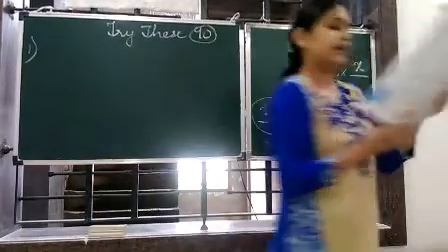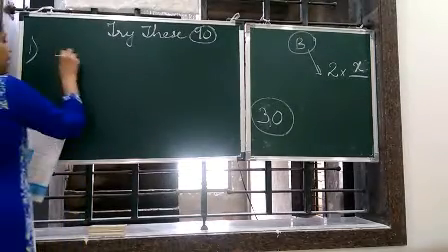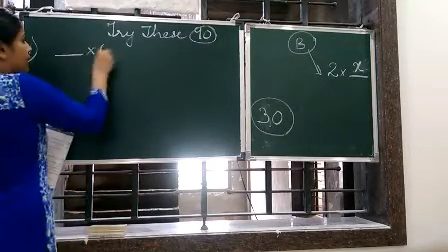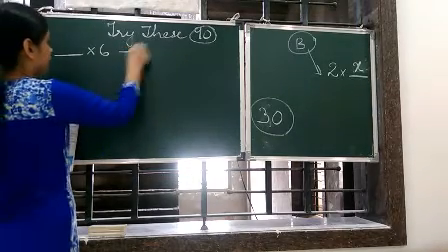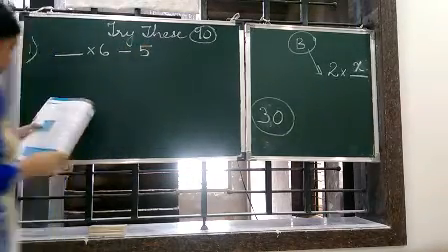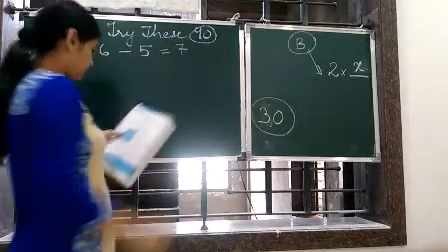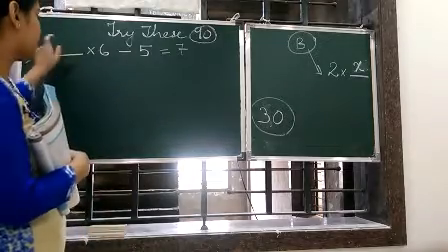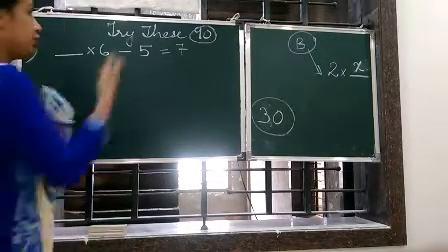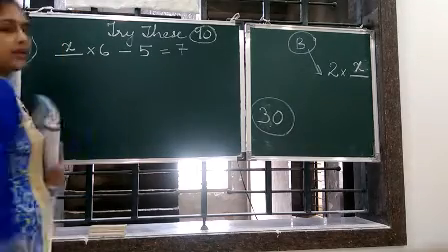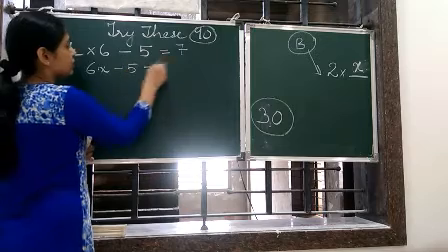When you multiply a number, we don't know the number, by 6 and subtract 5 from the product, then you get 7. Can you tell what the number is? If you take it in the form of equation, yes, you can. You will solve the equation. So let this number be x. Then x into 6 becomes 6x minus 5 is equal to 7.